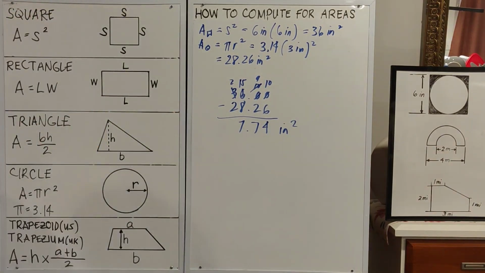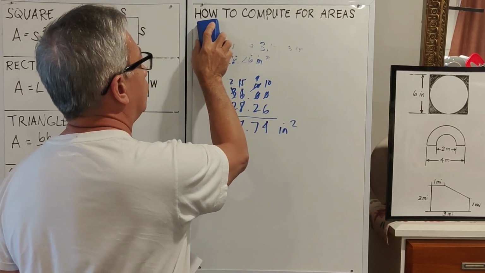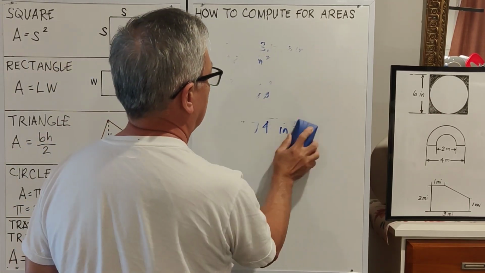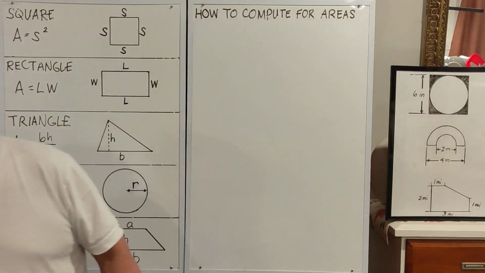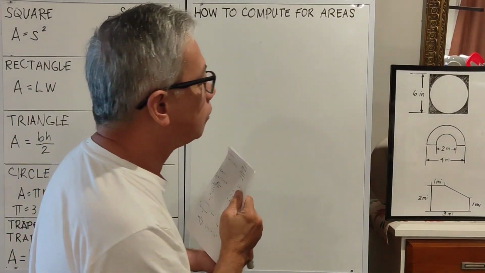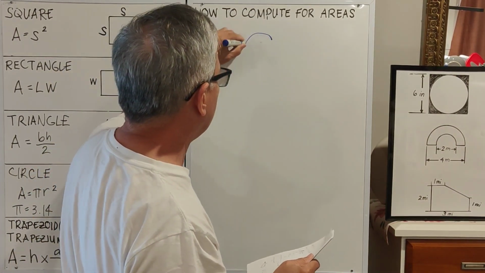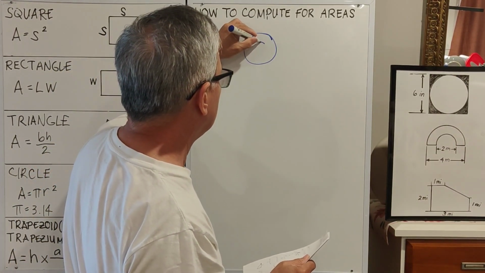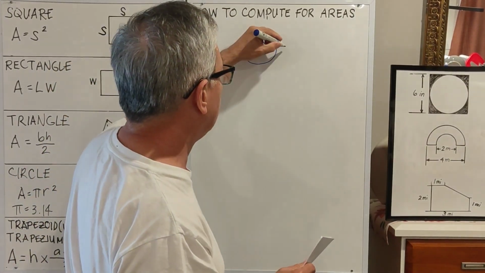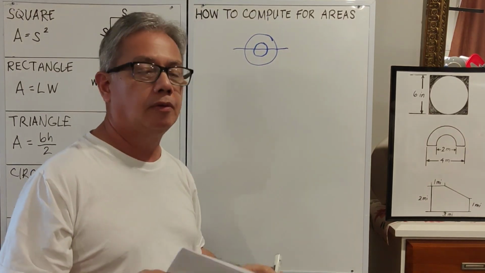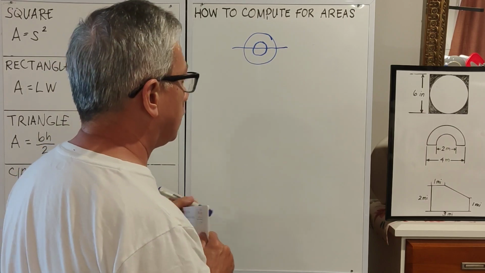Now for the next number, we have two circles that look like a half donut. So to get the area, we need to get the area of the larger circle, subtract the area of the smaller circle, and divide it by 2. So first we get the area of the